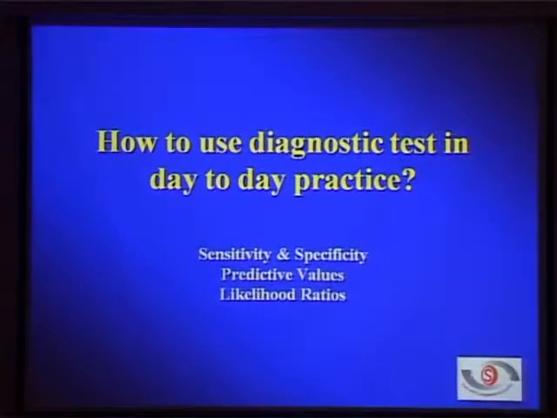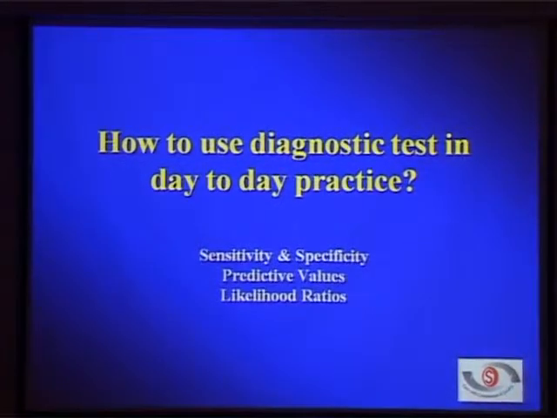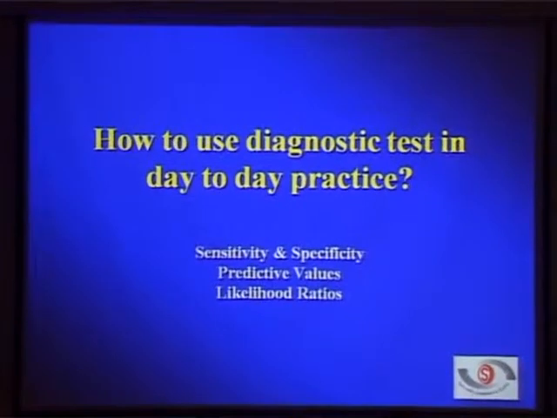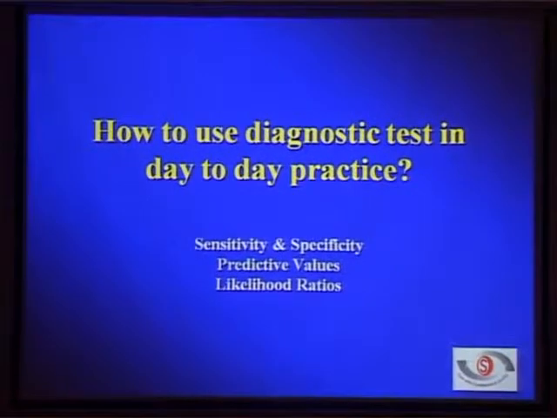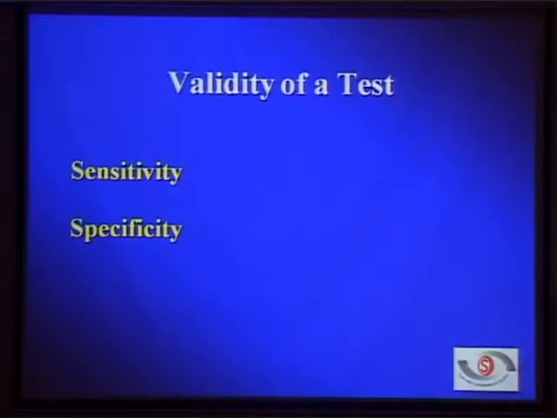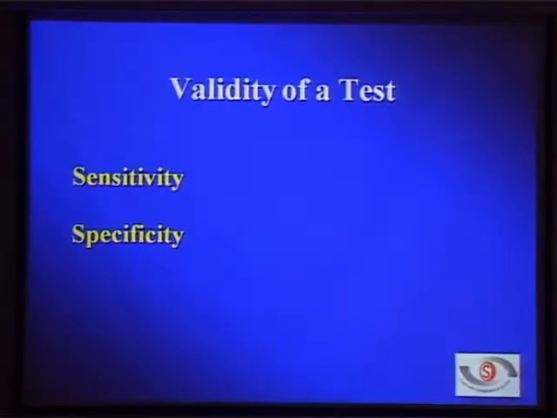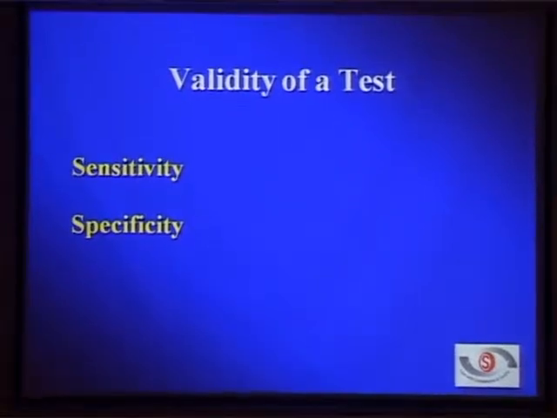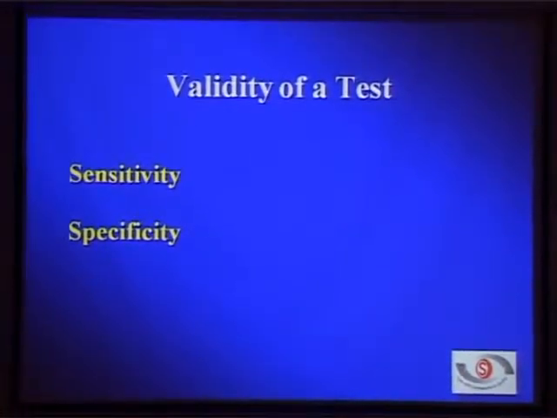We will go into the next part and mainly talk about sensitivity, specificity, predictive values and likelihood ratio. I will mainly be talking about likelihood ratio because that is most important as far as clinical practice is concerned. I assume most people must know the 2 by 2 table, because it has been discussed in the research methodology talk and in most talks.